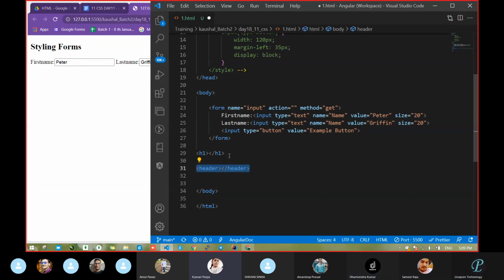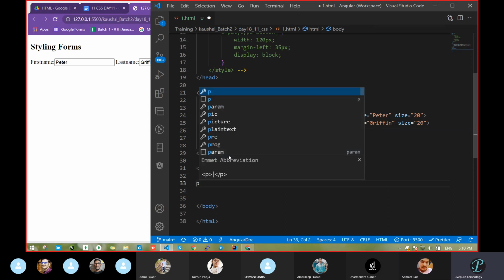H1 is for heading, no, no. I am telling you, you can ask your parent about this. What will he get from this raw H1? Will he get any sense that you want to tell anything? Nothing. But when it comes to header, somebody will know header means it is like a header section, something on the head. Anything he will get, but some sense he will get. Correct or not? Yes, sir. But from H1, nobody can get anything.